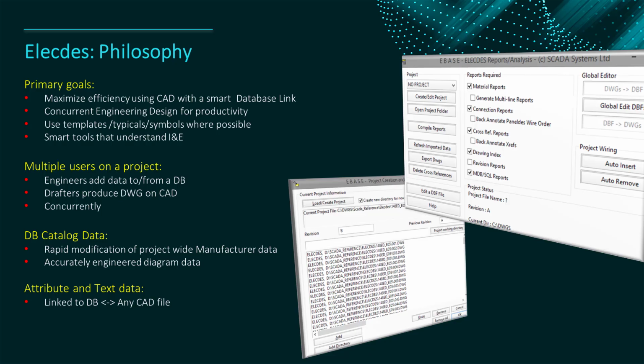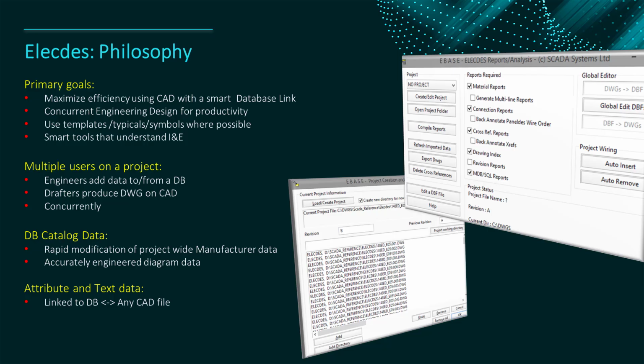Electez is built around a flexible philosophy, which includes smart tools, libraries, and templates, all used for increasing efficiency and accuracy in electrical design. For flexibility, we can use templates or typicals for any deliverables or any part of a diagram. Your company can choose exactly how your deliverables look. Databases allow an Electez team to use component-based data, enhancing accuracy and management. Electez users don't spend a lot of time typing or correcting repetitive component data.